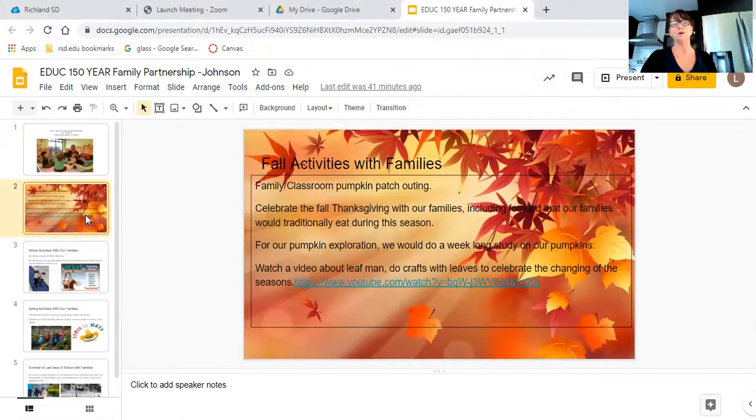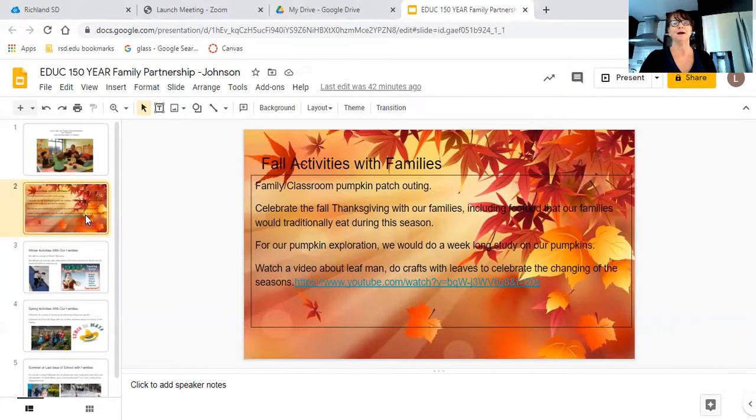So my first season, of course, is fall when we come back to school. And with fall, we've got the changing leaves. We can do pumpkin patches. If your school allows for field trips, by all means, I would schedule a classroom pumpkin patch outing with my families. I would connect with them by flyers, by Dojo, whatever form of electronic platform your school is currently using. By all means, I would be using that. I would send home fun flyers that say, come celebrate Thanksgiving with us in the pumpkin patch, and ask for